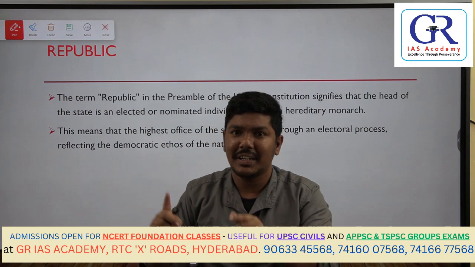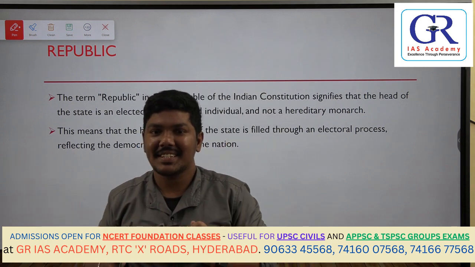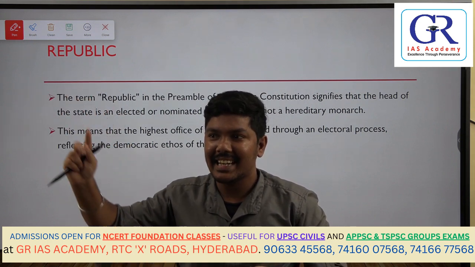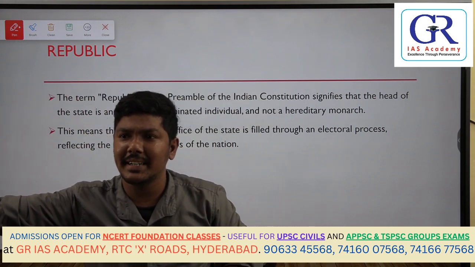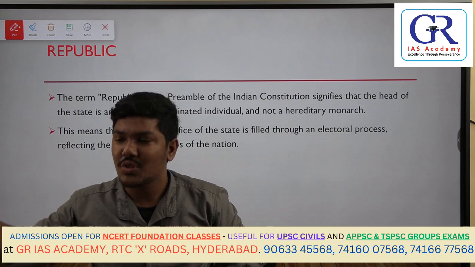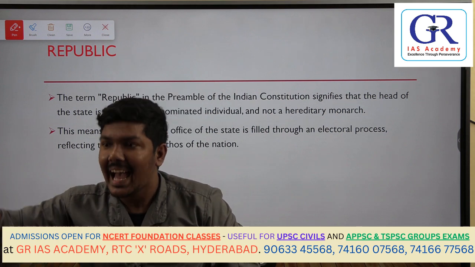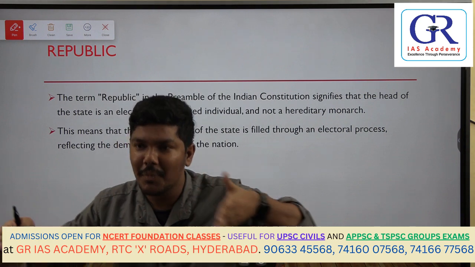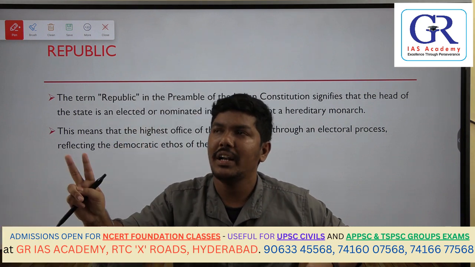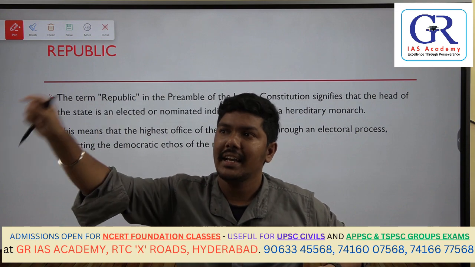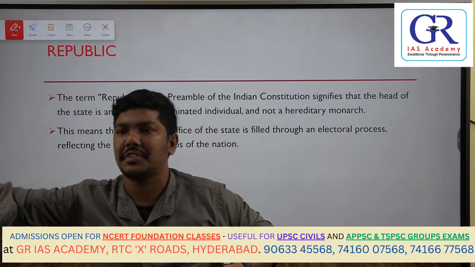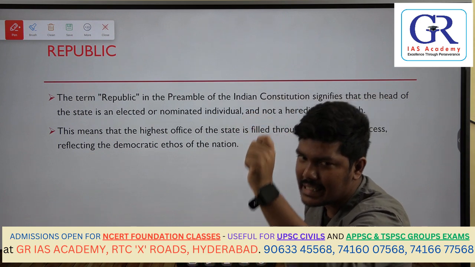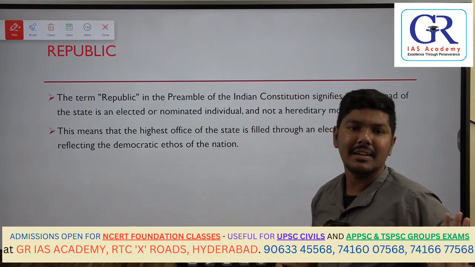Now, let us assume that I am Bhutan. Who is the head of your nation? The king. Is your king elected or hereditary? Hereditary. So obviously you are not a republic, you are a monarchy. There exist only two things, either republic or monarchy. So republic means only two questions: who is your highest authority, and is that highest authority elected or not? When the highest authority of a country is elected, that is basically a republic.